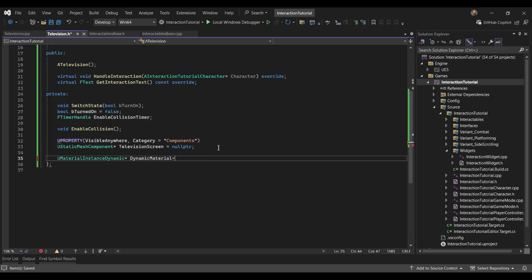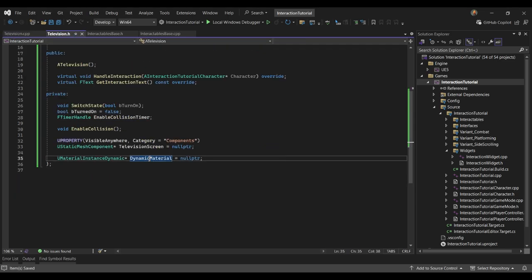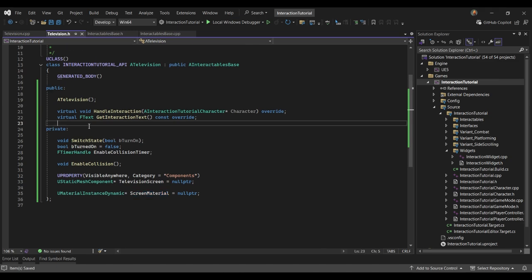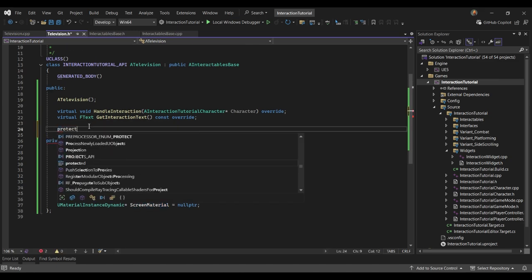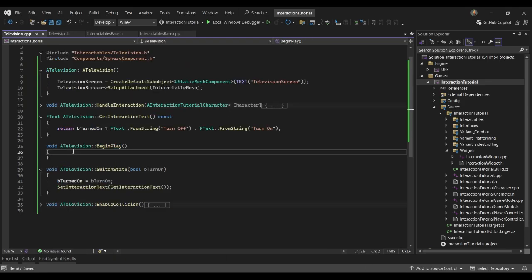Okay, and let's change the name to screen material. And inside the begin play,